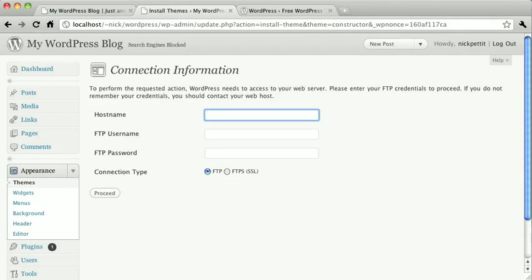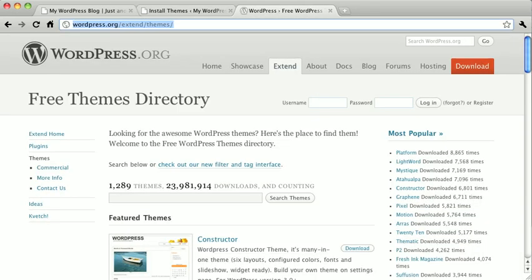This is really meant for when you have a WordPress install up on a server and you want to just quickly try on some new themes. But we don't want to do that. The only reason I'm showing you this is because it can sometimes be confusing for new users that have a local WordPress install. Instead, the easiest way to get new themes is to go ahead and visit